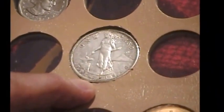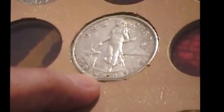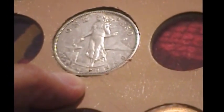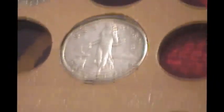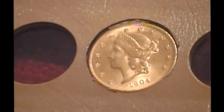It was minted in the San Francisco Mint. Just what the date is, I don't know, 1912 or something like that. But it's in Spanish, and it was meant to circulate in the Philippines as the Philippines had been annexed by the United States following the Spanish-American War, and it shows the American turn towards becoming an imperial power, which was solidified under, well, Teddy Roosevelt, and then before Roosevelt it was McKinley, who was reported to have